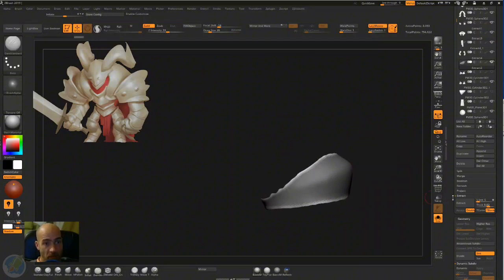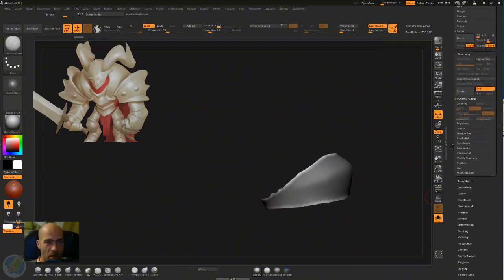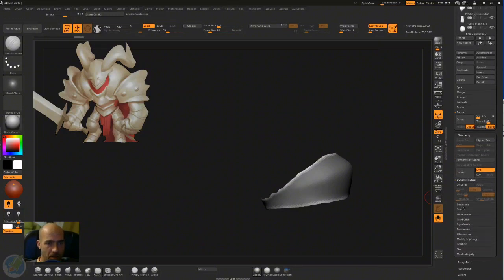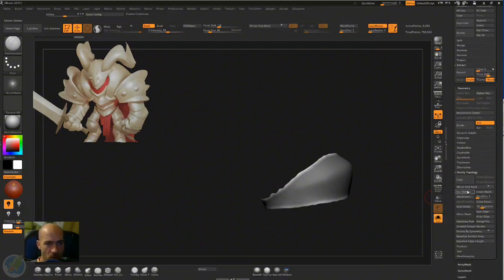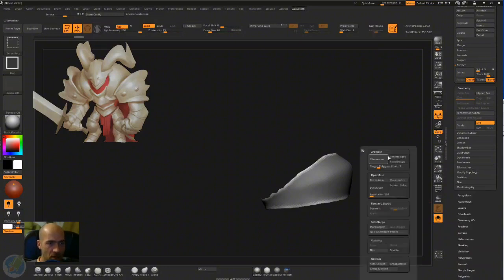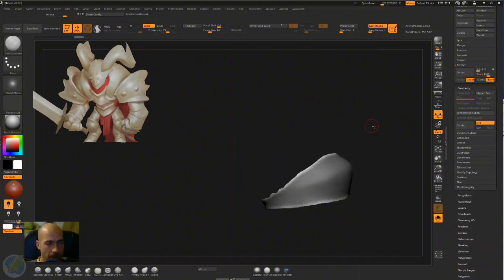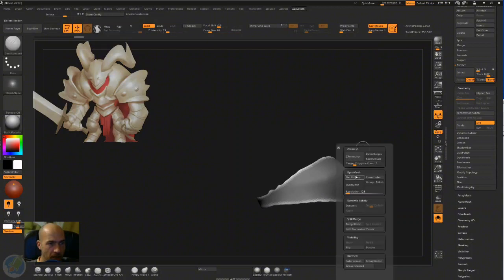Del Hidden, I haven't shown you, but it's here in Modified Topology. From Modified Topology I'm using only Mirror and Weld, Del Hidden, Weld Points sometimes, and Close Holes, nothing else. There are a lot of things here, so it's a little bit confusing. That's why I have it here, because it's one of my most used things. Del Hidden, and then